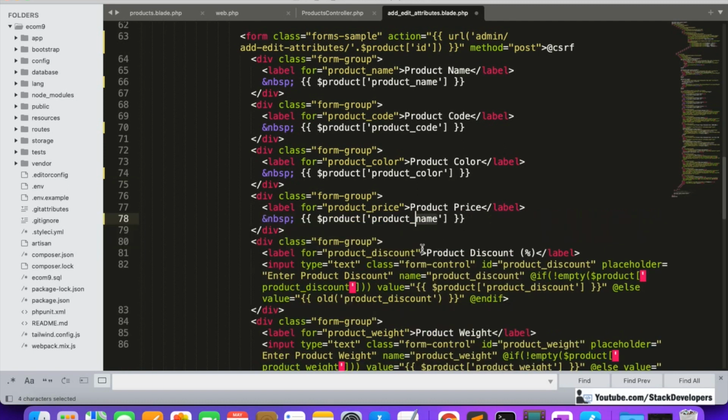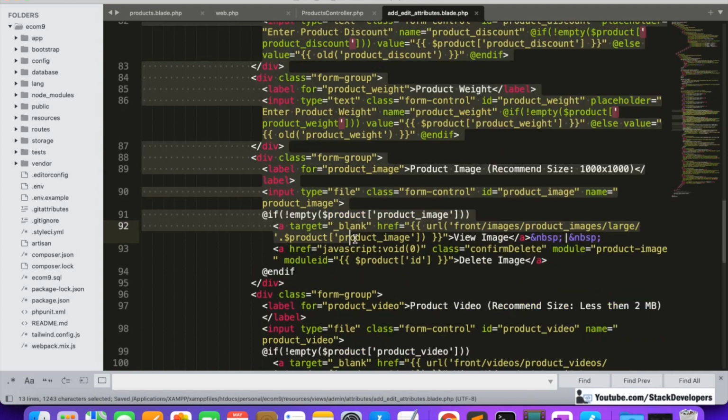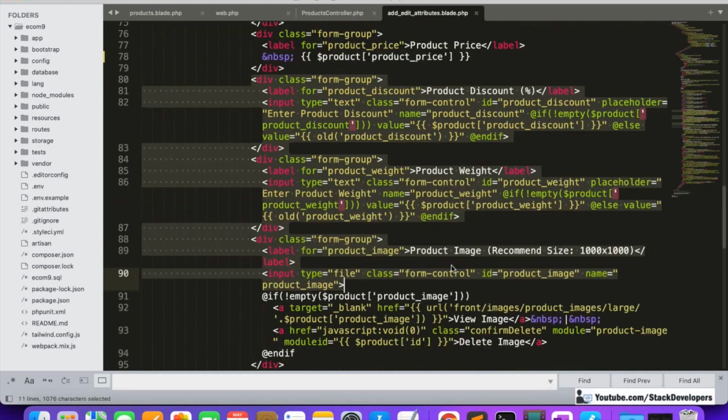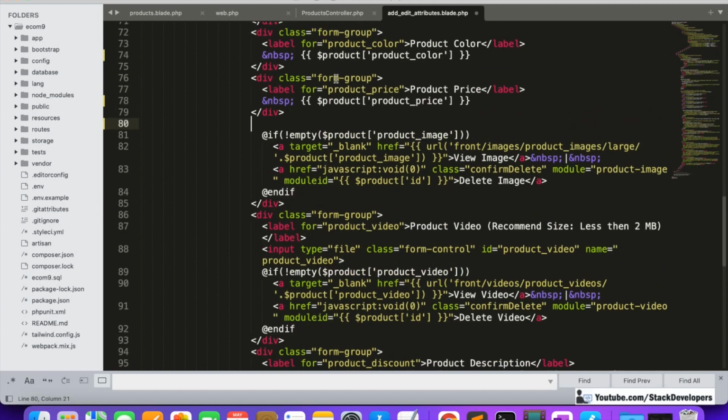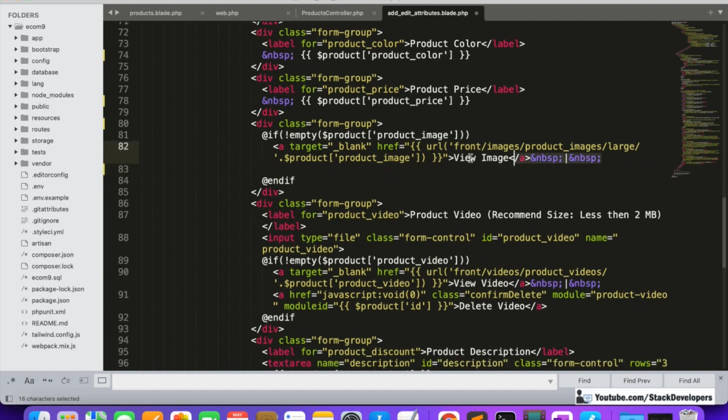See, the main product price will come here, the attributes price he is going to add from this one. So these things are not required to show, though we can show the product image here. Okay, so the product image we can show here itself in a div form group. If there is a product image, then we can show that product image here, and we can do like this, that is fine. This one we can move from here. Okay, we can show it like this. Here we can show image